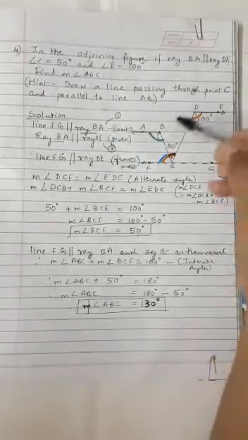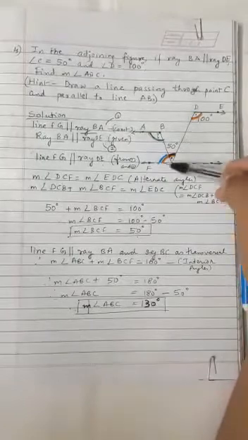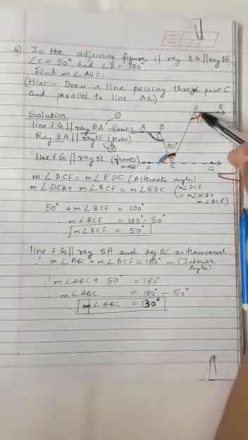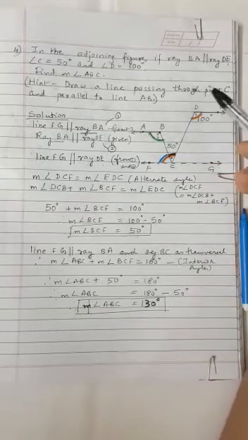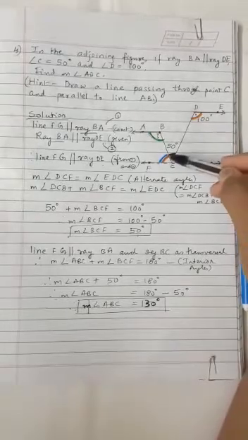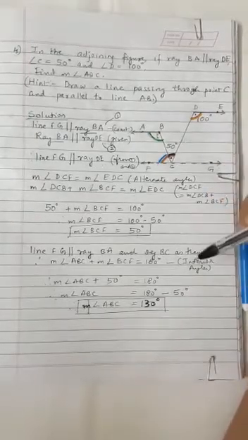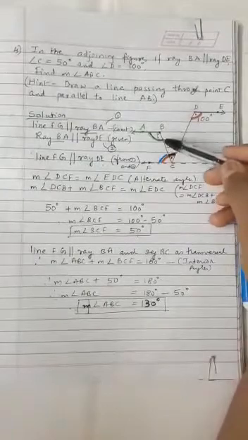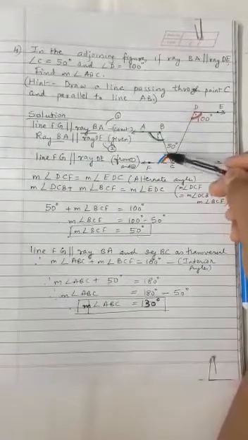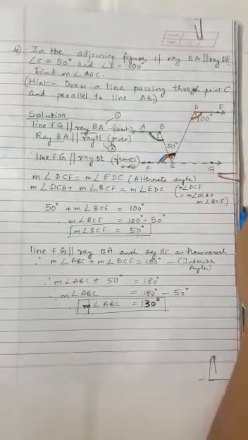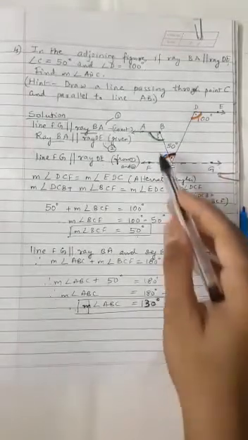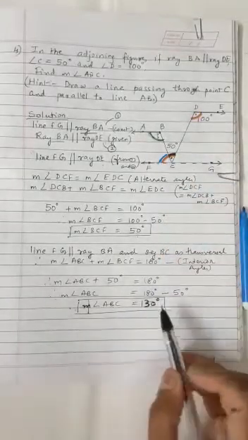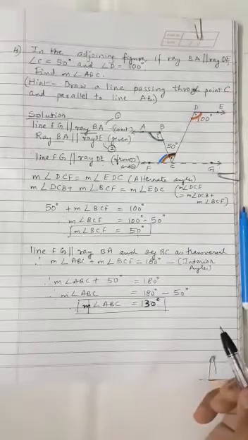So look, children, first we started with the two orange angles, correct? This angle DCF we took as two angles, the black angle and the blue angle, and towards the end we took the green and the blue angle as interior angles that are supplementary, and we have found the measure of this green angle, which turns out to be 130 degrees.